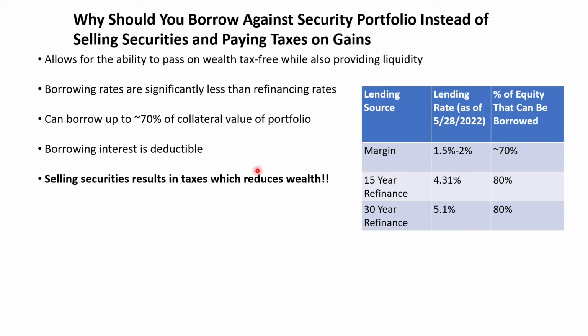And so just quickly, when we're talking about rates here, we talked about rates being significantly less than refinancing rates. I just wanted to quickly show you some rates. Again, this is as of May 28th, but margin rates are about 1.5 to 2%. Again, you can borrow about 70% of your portfolio through margin. Whereas if you look at 15-year refinance or 30-year finance rates, yeah, you can borrow not a lot more, but 80%, so 10% more. But look at how much higher the rates are, right, relative to borrowing against your portfolio. So you're borrowing against your portfolio, you're not paying taxes. And, as you can imagine, if you're doing that,